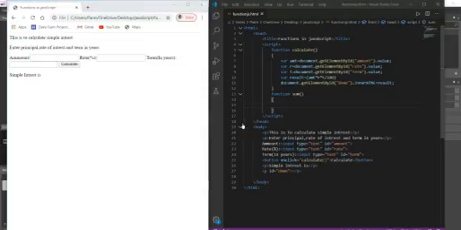In the previous video we learned how to create and use functions in JavaScript, and using that we created a small application to calculate simple interest. If we have an amount, say 1200, with an interest rate of 10% for 7 years, it will calculate the total simple interest that we will get on this amount.